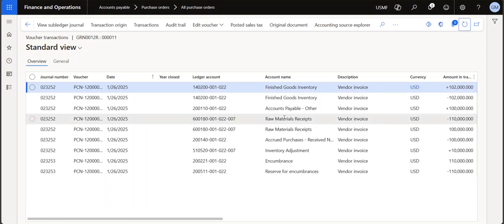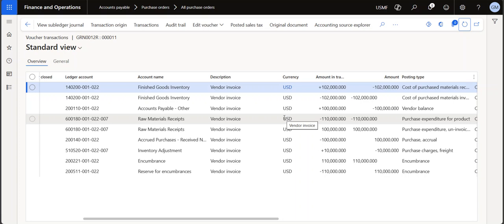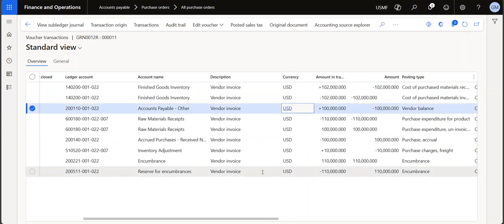Yeah, now you can see the transaction has appeared over here. If you see the vendor balance, you can see the vendor balance with a positive figure. It means it is debited with 1 lakh. Okay, if you see the finished good, I mean the purchase expenditure for product,